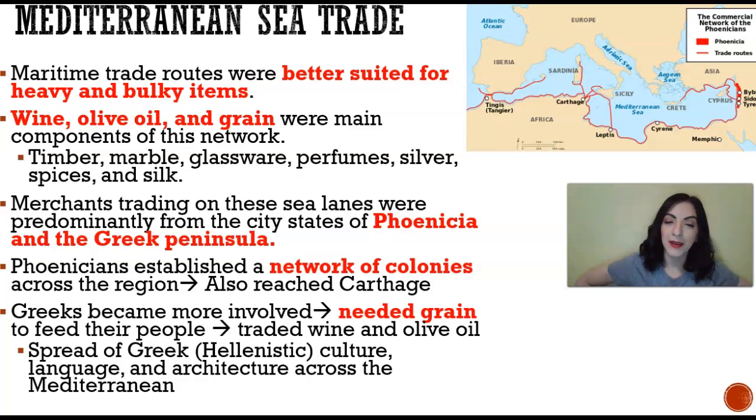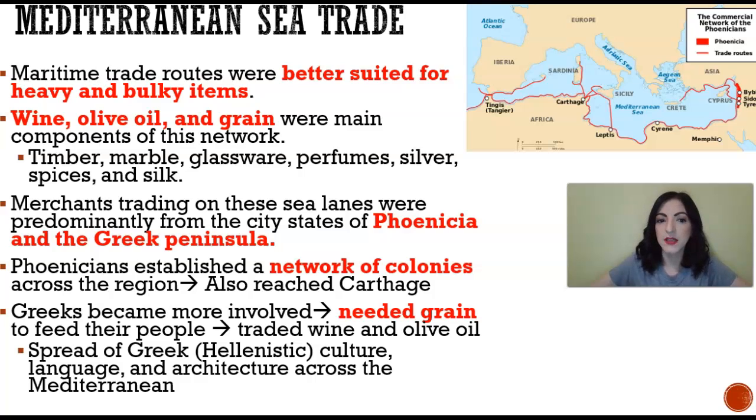Okay, so the Mediterranean sea trade was better suited, like I said, for the heavier, bulky items. Things like wine, olive oil, and grain were main components of this network. Things also like timber, marble, glassware, perfume, silver, spices, and silk. So lots of goods. On the map that you see there, you'll notice that it says the commercial network